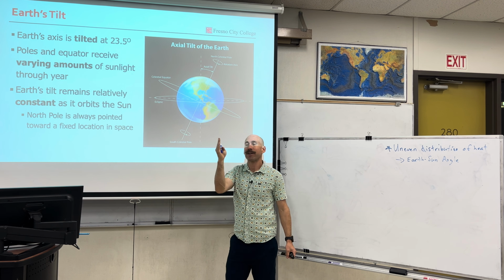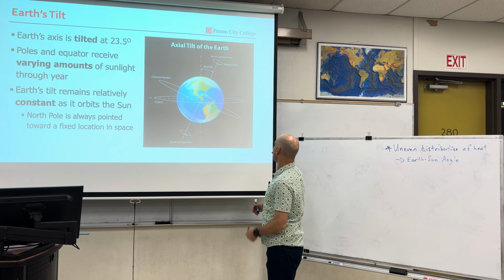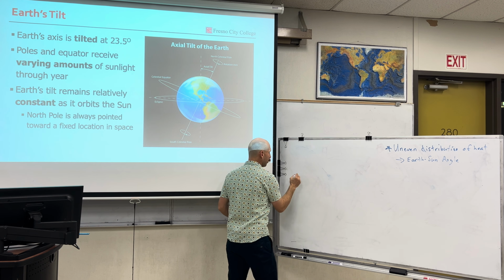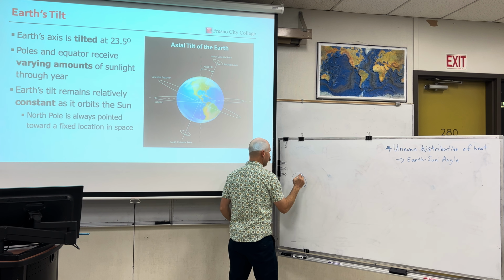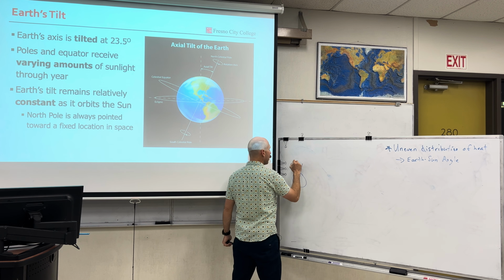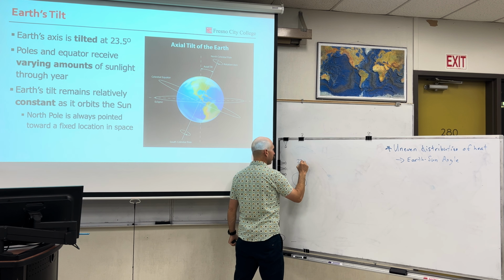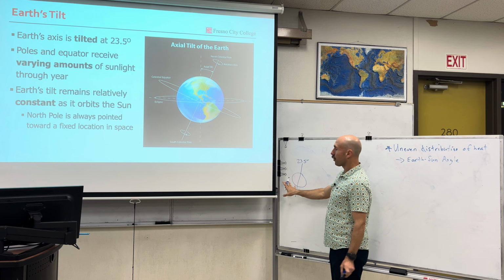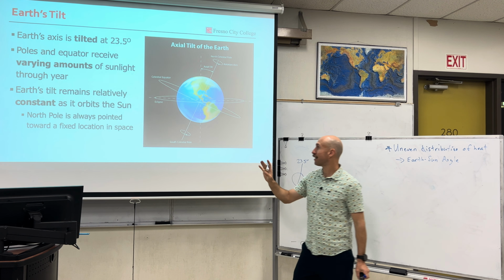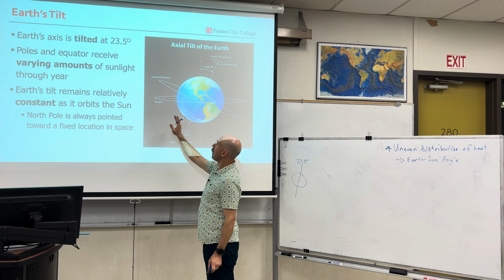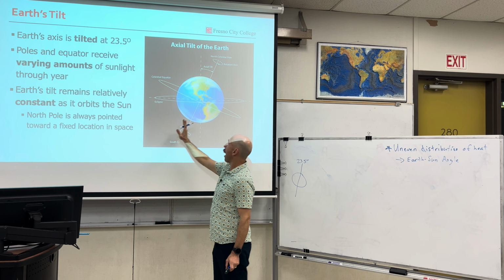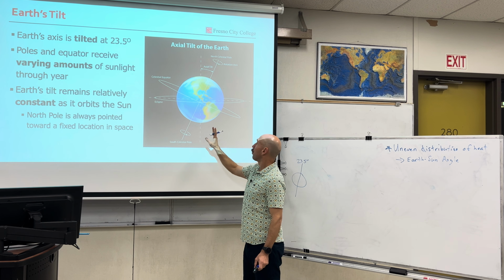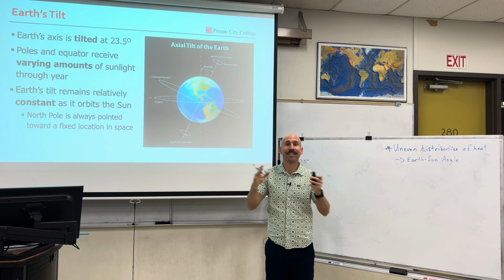So Earth is tilted on an axis at about 23.5 degrees. Let's just put the Earth here. And this is wildly important for creating seasons. Not only is Earth on an axis, but that axial tilt is constant as it orbits around the sun, which means that you may have heard of the North Star. Doesn't matter what season it is, if you're in the northern hemisphere that is,